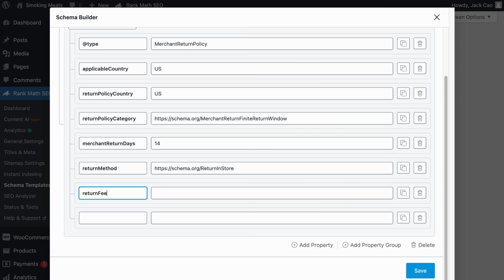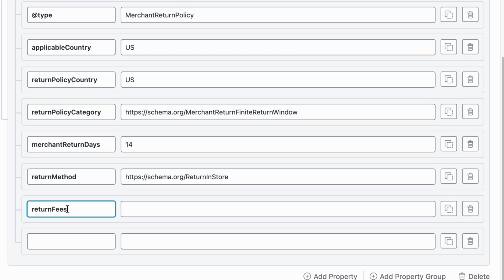Let's add that here. Now, if there is no charge to your consumer for returning the product back to you, for example, you will cover the shipping costs, you will add this to the field, free return. But if the consumer needs to handle and pay for the return shipping themselves, then you would use this, return fees customer responsibility. And if your business does charge the customer a shipping fee for returning the product to you, you would add this instead. But for us, we will add this. This will create the least friction with the customers.